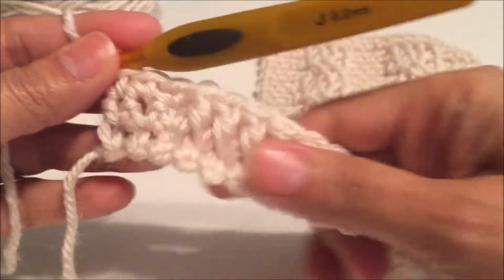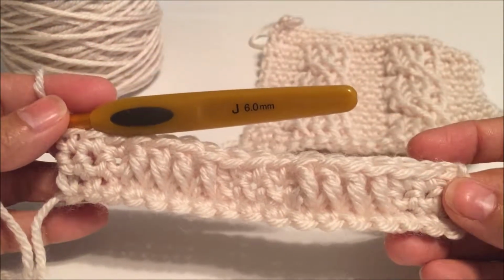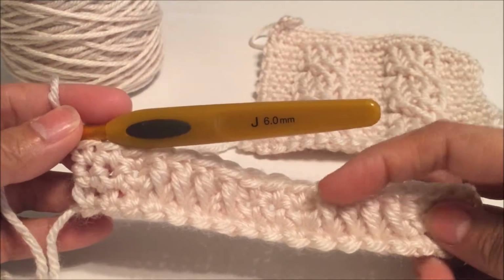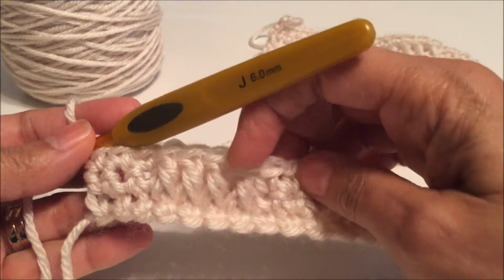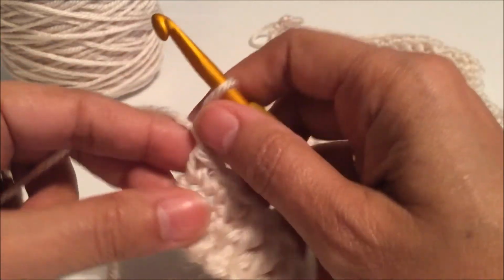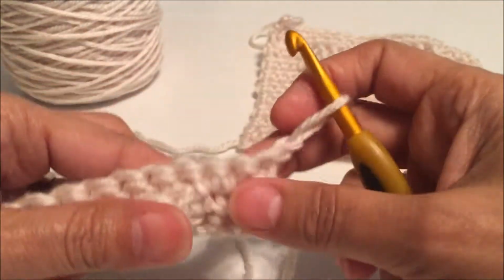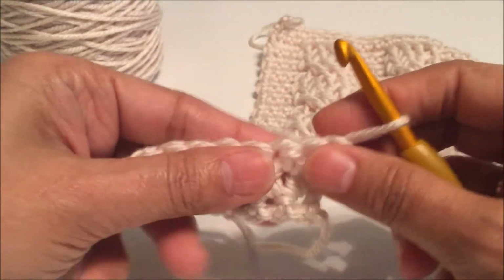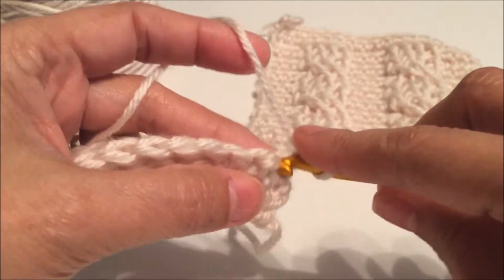Okay, now you've completed your first row of the pattern, and you can see these 4 raised up stitches and then these 4 over here. So you're going to chain 1 and turn your work. Now on this row you're going to do a single crochet all the way across,